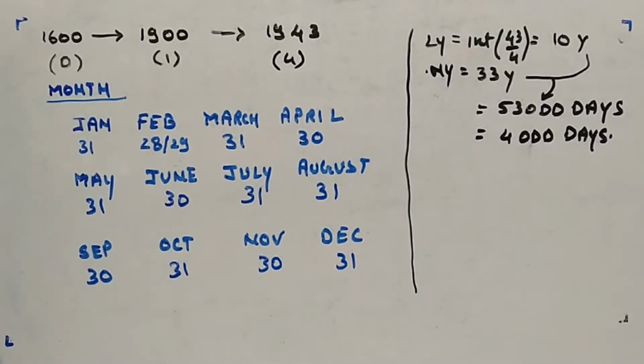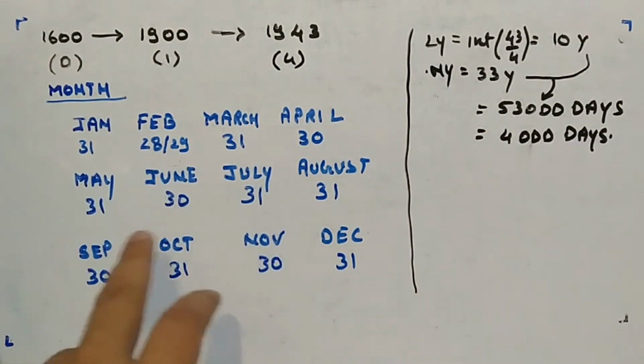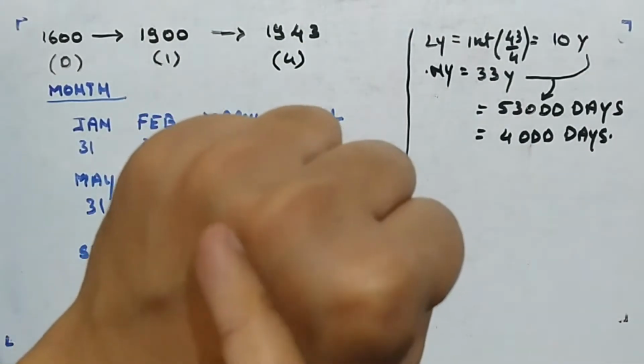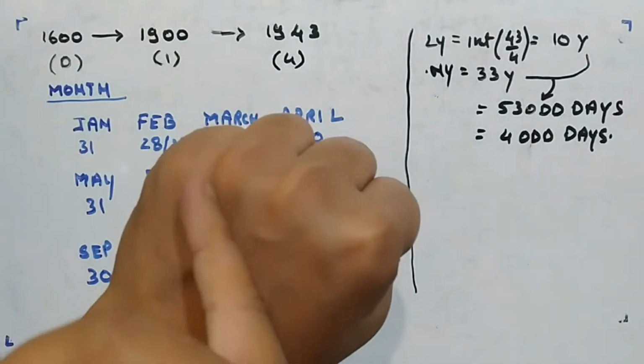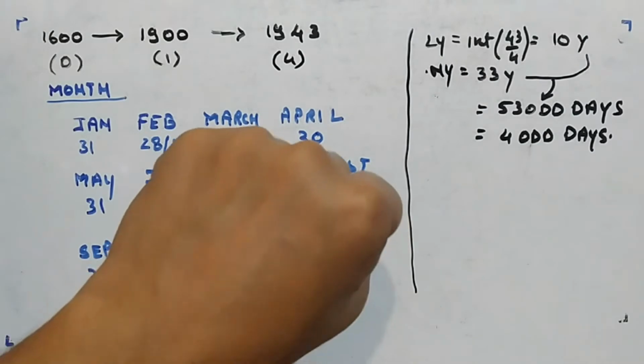By the way, if you want to see how I used to remember this: when I was a kid I was not able to remember how many days are in a month, and I was always confused. So I had this trick as a child, and most of you might have learned it too. You can see these bumps on the fist, this bump, this bump, this bump. With these bumps I used to remember the days.